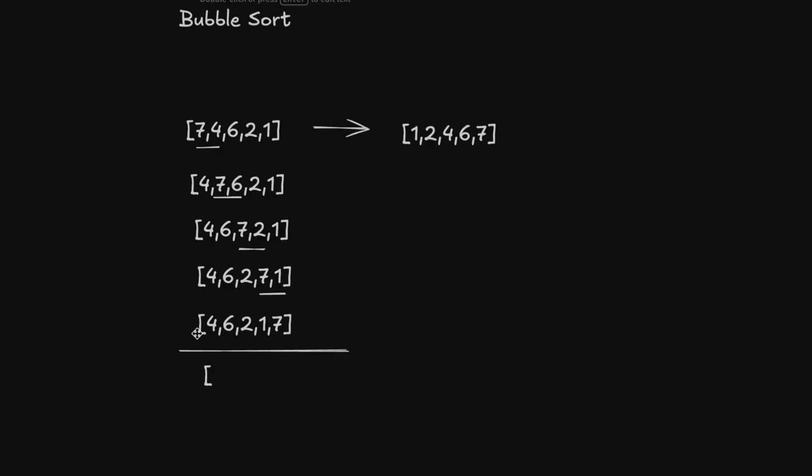Here 4 and 6 this is already sorted, so this will be same, right? 4, 6, 2, 1 and 7, this is already sorted. Now this 2 is completed, right? This 2 we have already checked. Now we have to